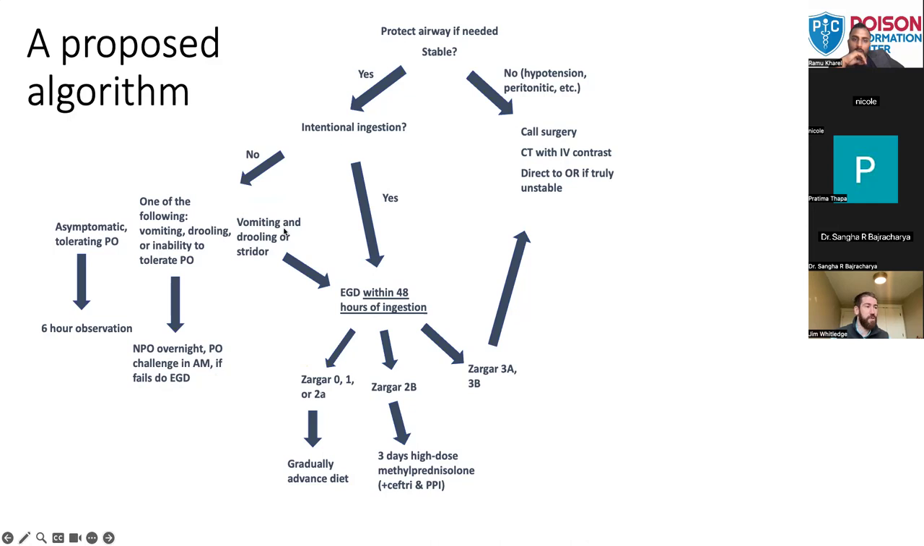Now, if they have an unintentional ingestion, but they come in and they have vomiting and drooling, or they have stridor, which really suggests there's some upper airway compromise, someone like that, I do want to get endoscopy in them if endoscopy is available. And then likewise, if it is an intentional ingestion, by and large, that is someone I would definitely think about endoscopy in, unless it was a